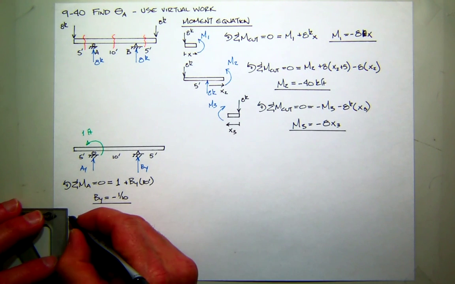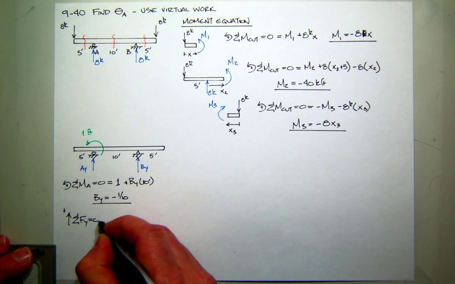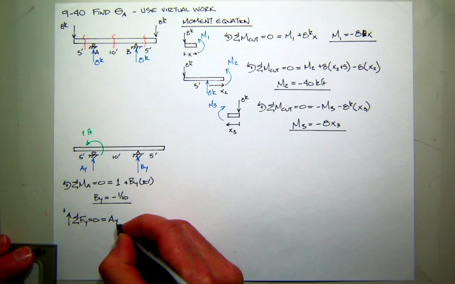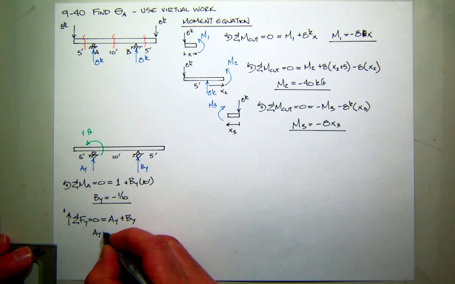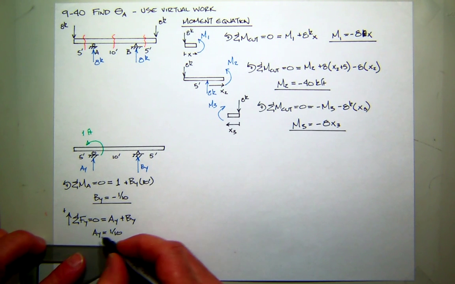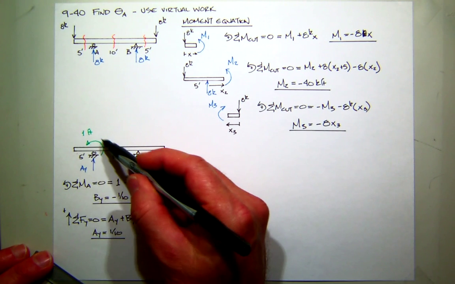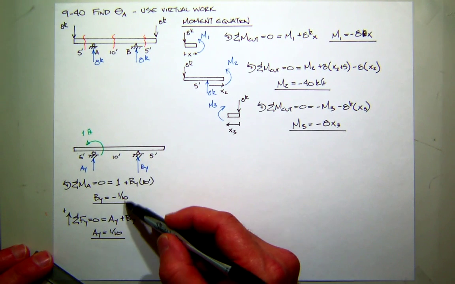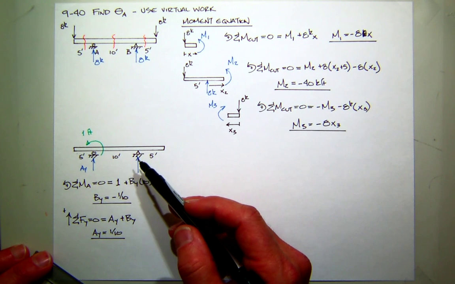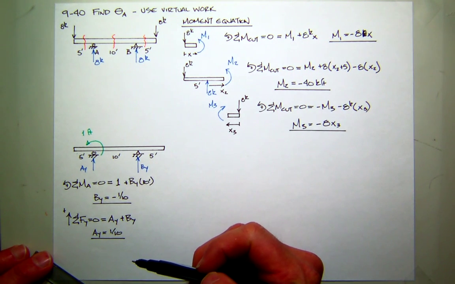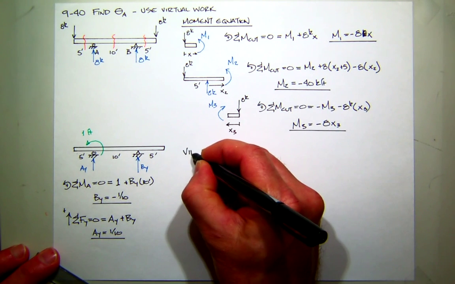And then if I sum forces in the y direction, AY is acting up plus BY is acting up. That's it. So it looks like AY is positive 1/10. So I have a counterclockwise couple of 1, and now my two forces are equal and opposite, 10 feet apart, so they create a counter moment of 1 foot. All right, so let's go back through now and get the virtual